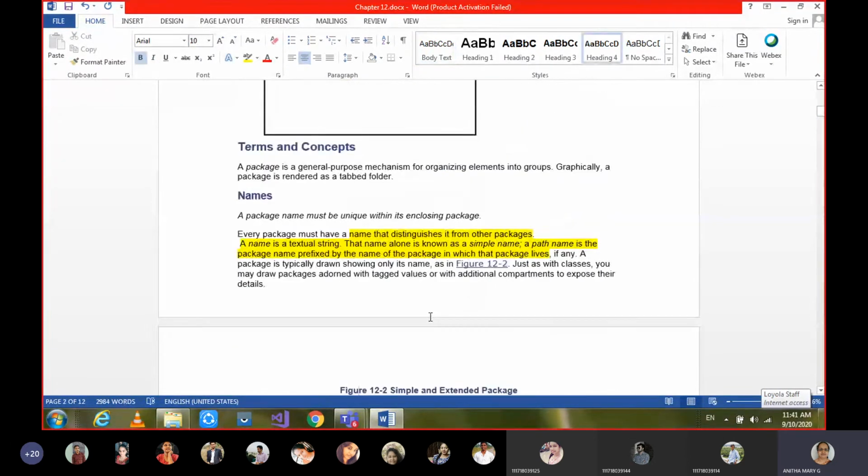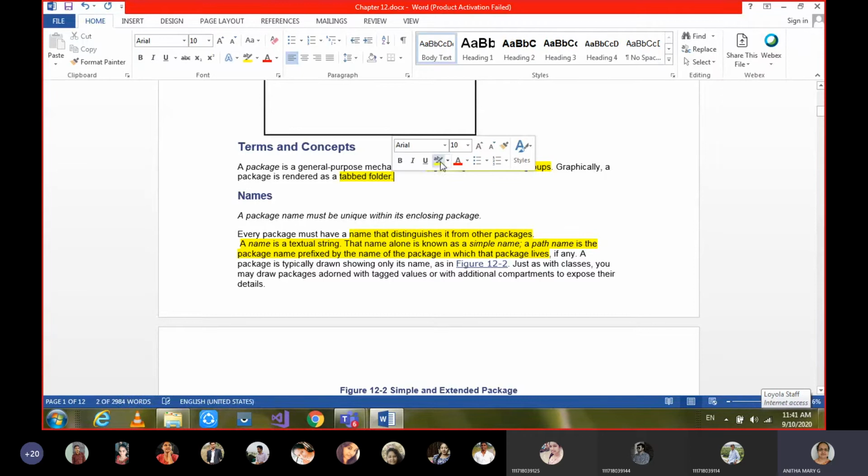And the first part of this chapter is about terms and concepts, terminology and concepts of packages. Okay, so here a package is a general purpose mechanism for organizing elements into groups. So that is the point I was saying. The elements which are to be grouped, and graphically it is rendered as a tabbed folder.